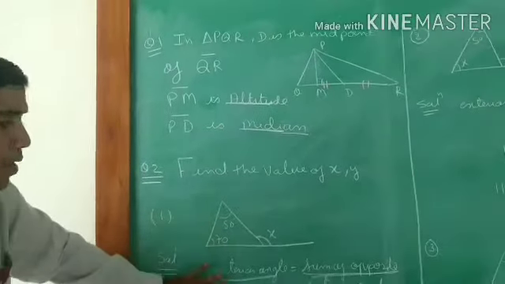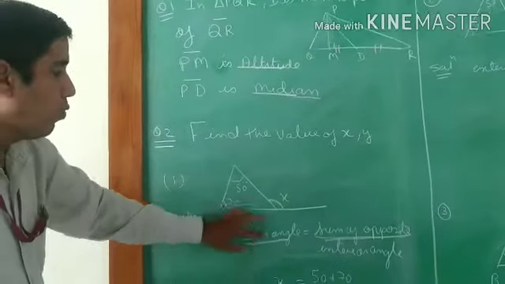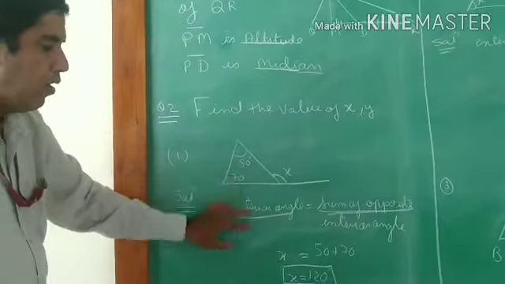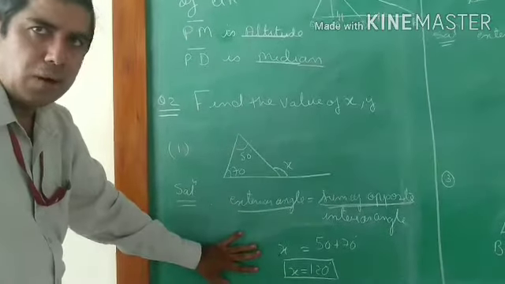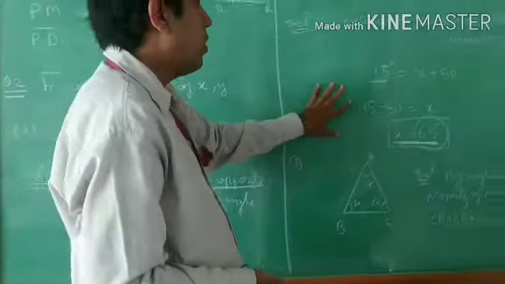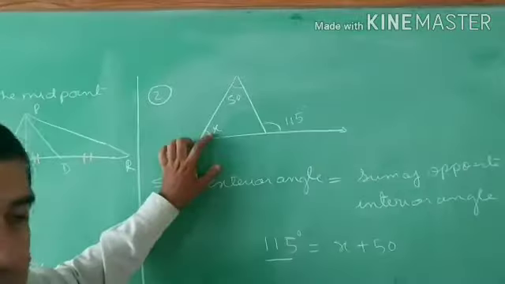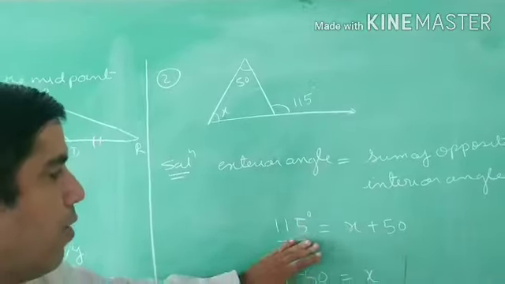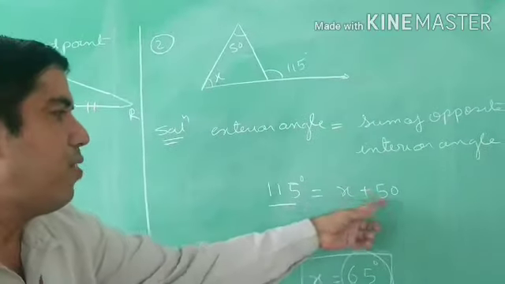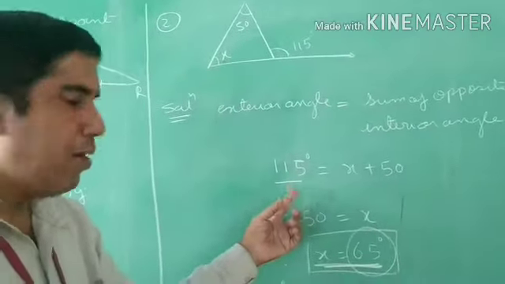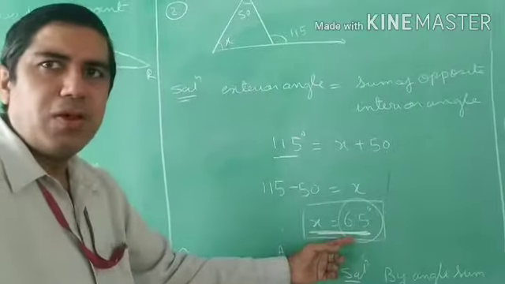Now next, it is the exterior angle property. So this angle will be the sum of these two angles. Which property do I use here? I got the answer 120 degrees. Next, you can see the same property I use here, but here the inside angle is unknown, and I found the value. I use this way, shifting this number to this side by the transposing method, and you can see I got the answer 65 degrees.